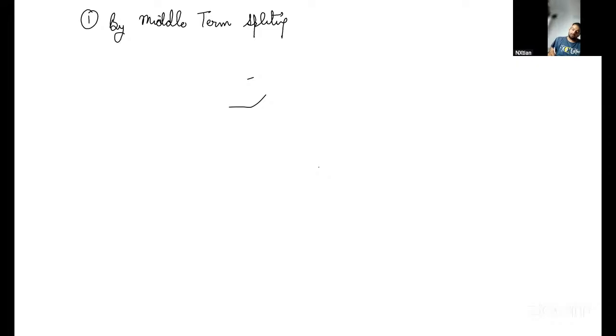So I told you it's not middle tongue, it's term. Okay. Middle term splitting is what we learned in chapter number 4, in which we have to multiply